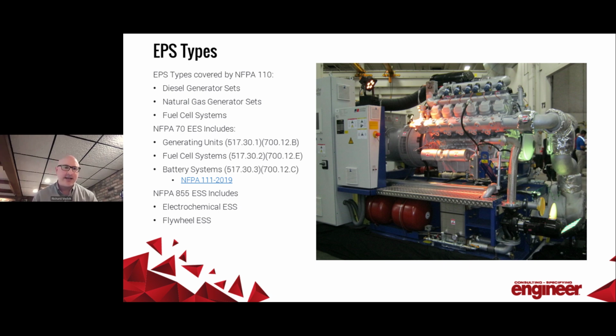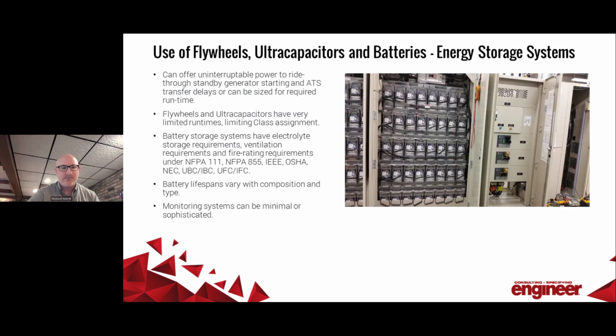So the point here is that you want to take into consideration holistically what type of fuel system, what type of standby power system you have, and then apply the appropriate section. And when you do have some electrochemical standby systems, like batteries, for example, you're going to have to comply with a lot of different sections of code because we're storing electrolyte, and the volume of electrolyte and the type of electrolyte that's being stored, if we're talking batteries, is going to carry with it ventilation requirements and fire rating requirements in other sections.